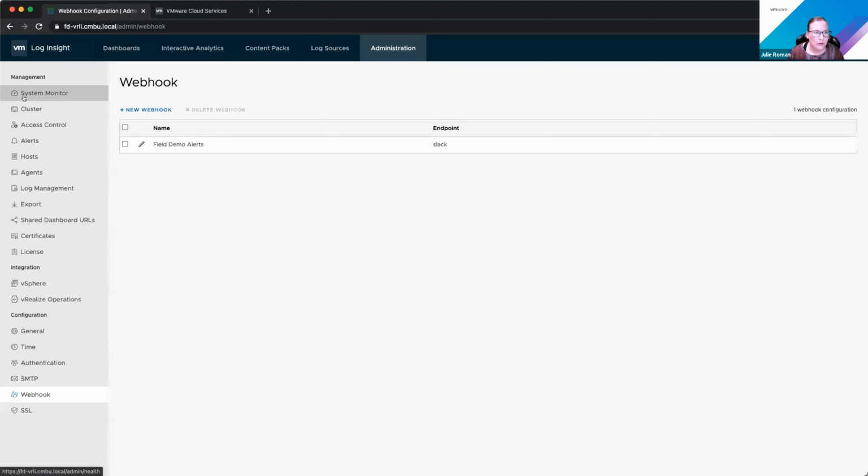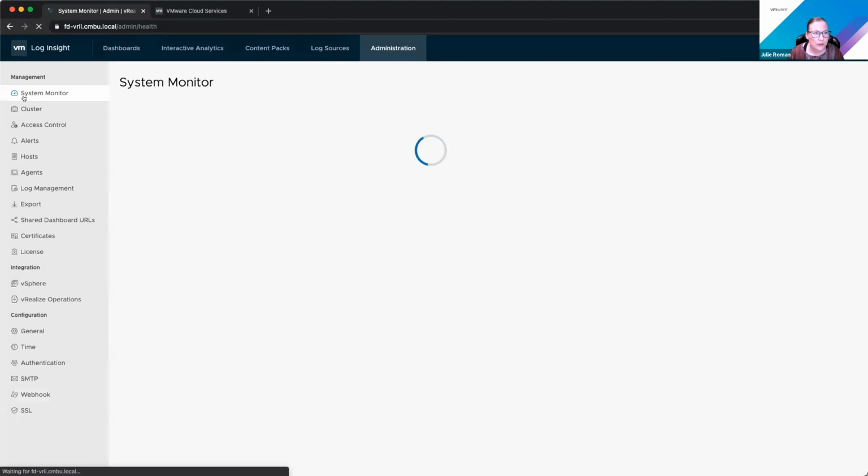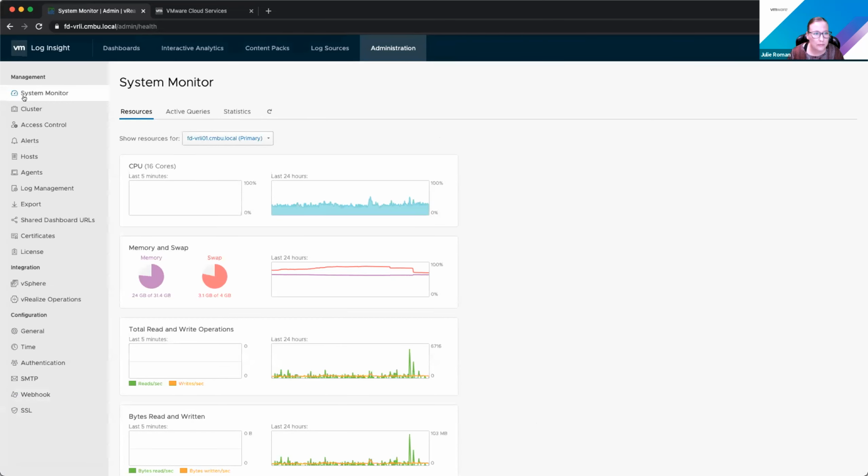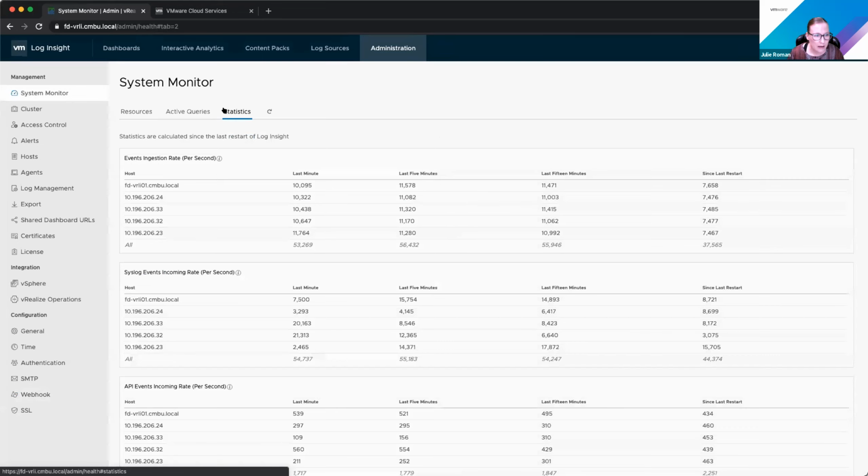Let's see, so you guys were asking about how to tell if your cluster is sized inappropriately. So if we look at the statistics tab under System Monitor, it's going to show me how many events per second I'm ingesting per node. Max is 15,000 for the size that I've deployed. I do have large clusters, so I can see I'm within my range here.